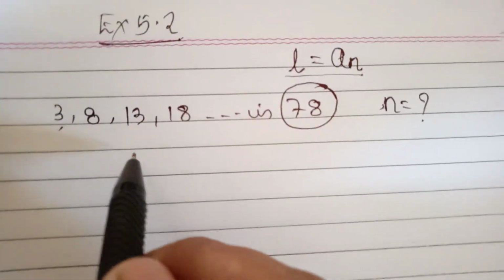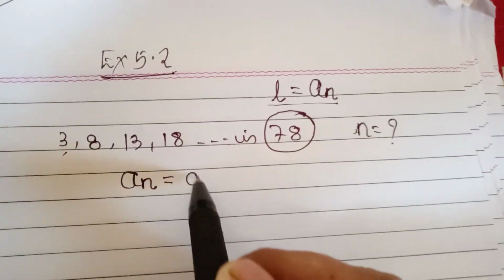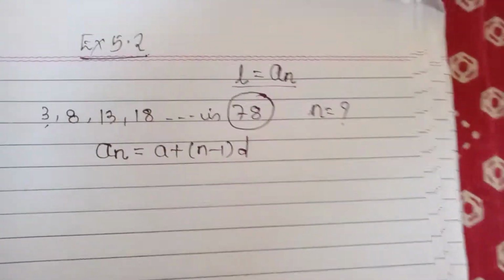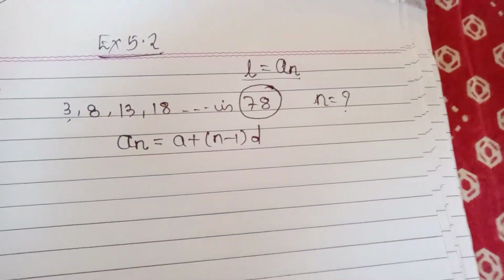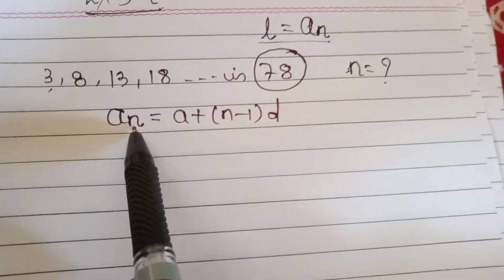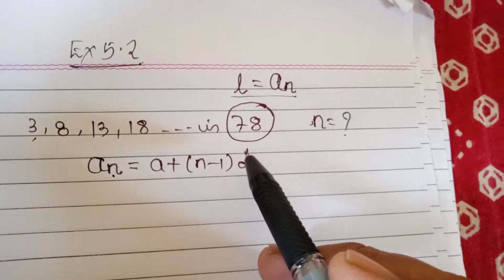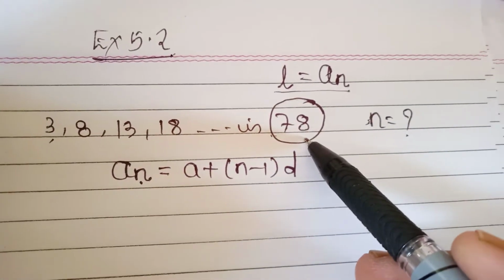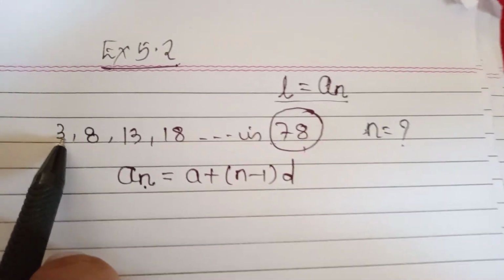So we are going to use our general term formula of arithmetic progression: an is equal to a plus n minus 1 into d. Dear students, till now we used to find the 34th term, 35th term, 48th term, like that, after getting the value of n. But what does this question indicate? If the last term is given, how many terms will there be if it is starting from a given number?